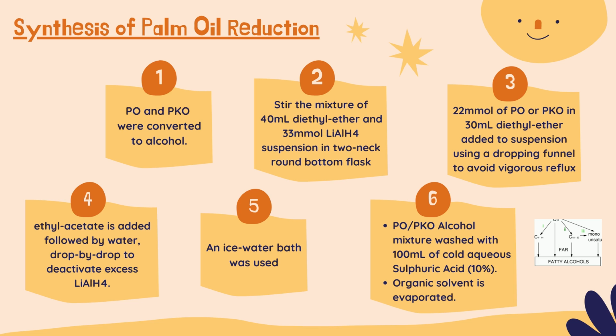In a 2-neck round bottom flask, a suspension of 33 mol lithium aluminum hydride in 40 ml diethyl ether was stirred under closed condition. In order to avoid strong reflux, 22 mol of PO or PKO was added in 30 ml of diethyl ether and slowly added to the suspension through the